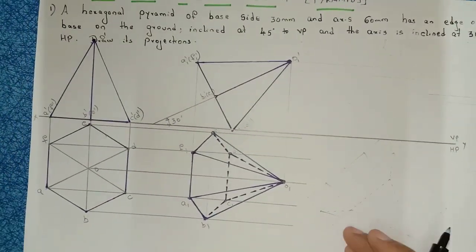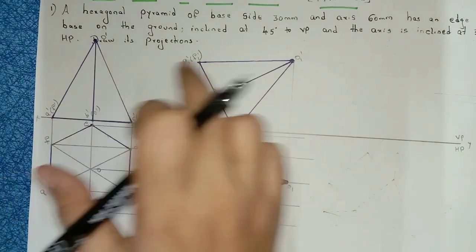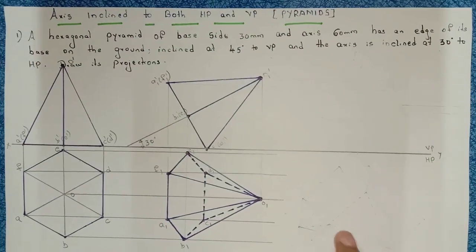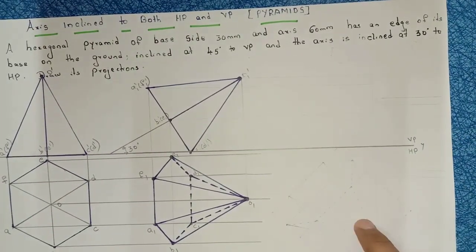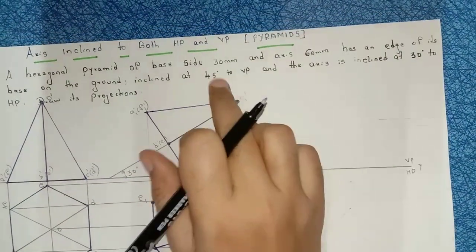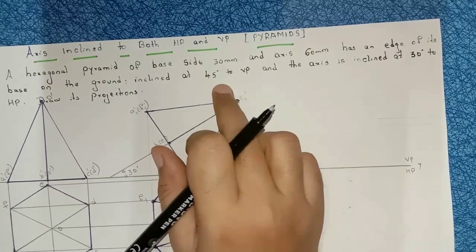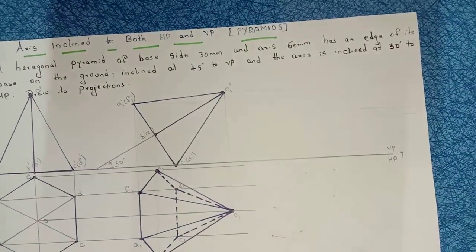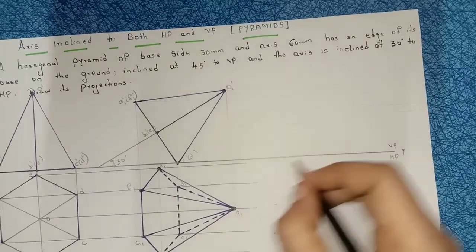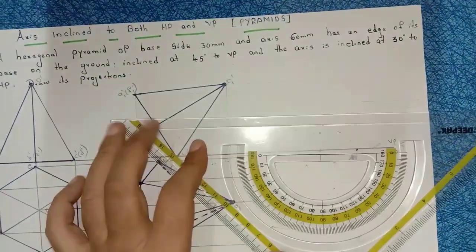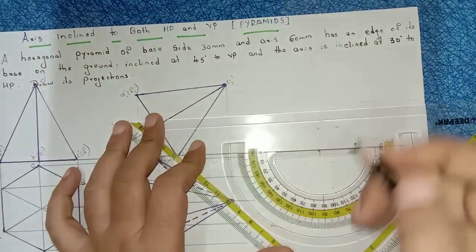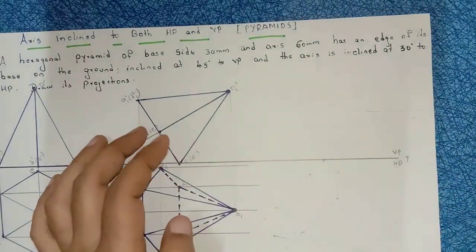This is your second step, right? So 1, 2, 3, 4. Now I have to construct 5 here. In order to construct 5 here, the angle should be inclined to VP, right? So now construct this step 45 degrees to VP, right? So mark any point on the reference line. Place your protractor on that reference line. Axis is 45 degrees. Mark 45 degrees.